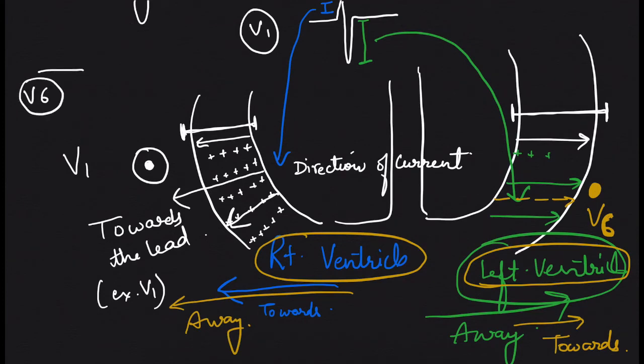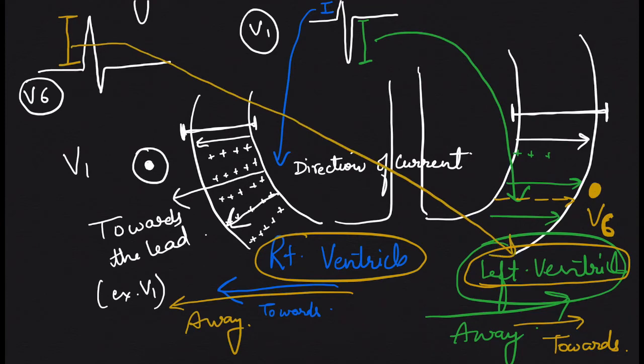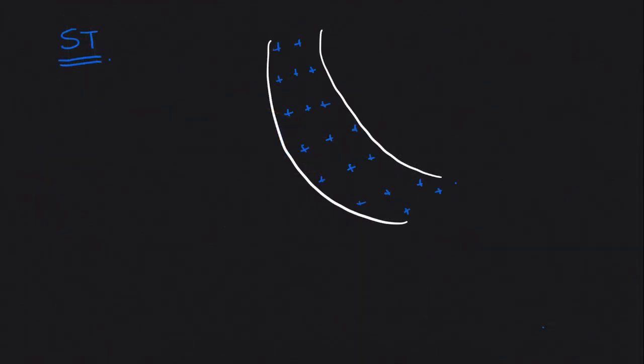So whenever we see V6, instead of a QRS complex, we'll get a large positive deflection followed by a smaller negative deflection, because the amplitude is directly proportional to the potential generated, which is directly proportional to the thickness of the muscle. Because the left ventricle is thicker than the right ventricle, we'll get a bigger R wave and a smaller S wave. And this transition of small r to bigger R from V1 to V6 is seen clearly from V1 to V2 to V3 to V4 to V5 and V6.